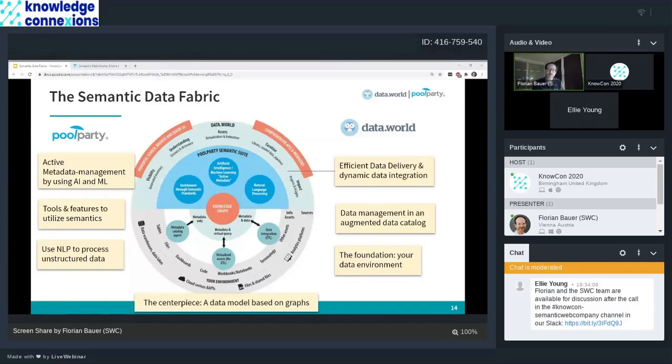Finally, what you obviously need is an efficient data delivery and data integration component to make all this enriched data available to the users and to other applications. This is what a smart data catalog such as data.world can provide as part of the Semantic Data Fabric. So this component just ensures you have efficient ways to present your enriched content to the users. And here we talk about the well-known things like powerful search, user-friendly browsing, access for other systems via APIs, webhooks,